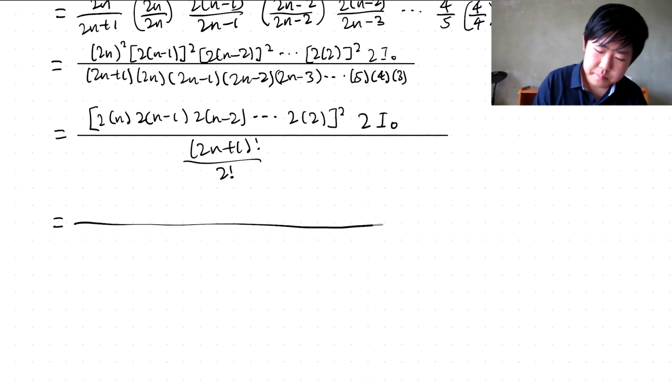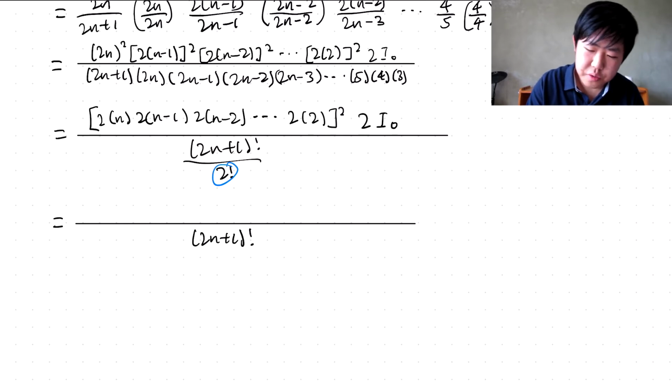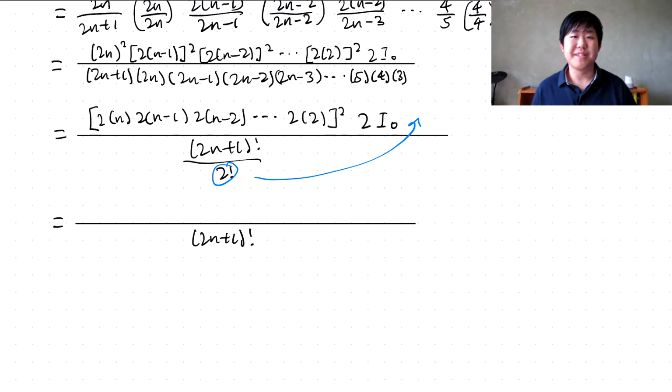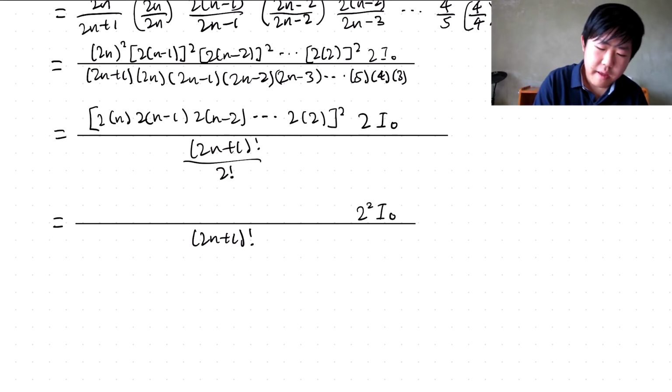And then here, 2n plus 1 factorial. And let's move this 2 to the top there, so it's nice and easy to read. So here, it's going to be 2 times 2, so that's going to be 2 squared, and I0 here. And then let's rearrange this bracket, so 2 times